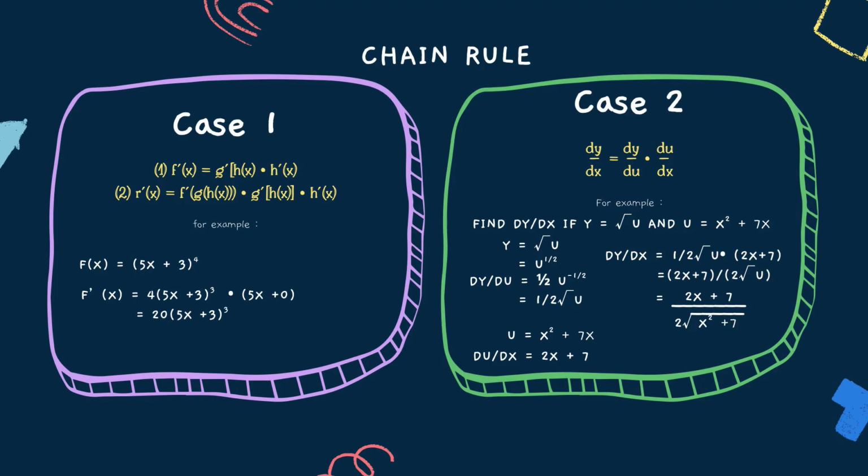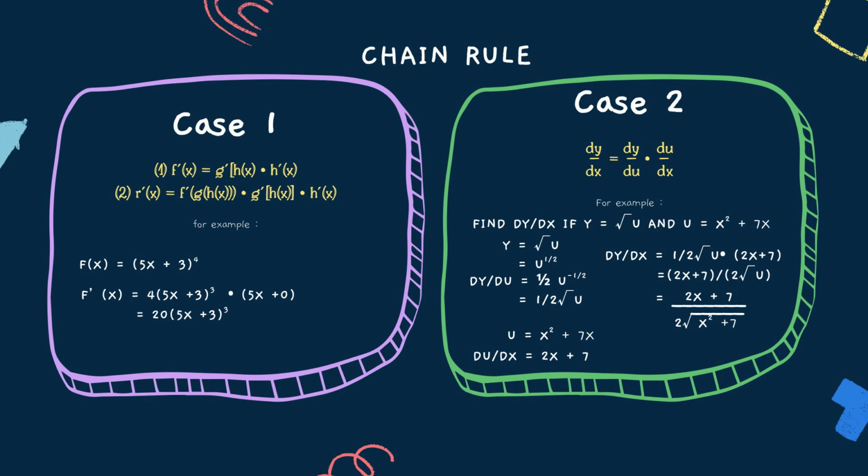Chain rule is a technique for finding the derivative of composite functions, with the number of functions that make up the composition determining how many differentiation steps are necessary. It means that how many differentiation steps are necessary is based on the number of functions. For case 1, we use the first equation when there are two functions and we have two steps to differentiate it. For the second equation, we use it when there are three functions and we have three steps to differentiate it. For case 2, we can use the formula dy over dx equals dy over du